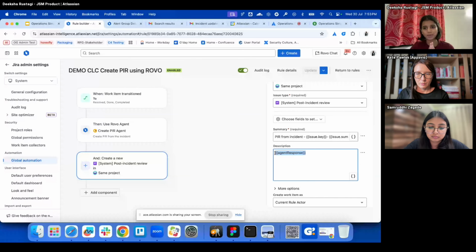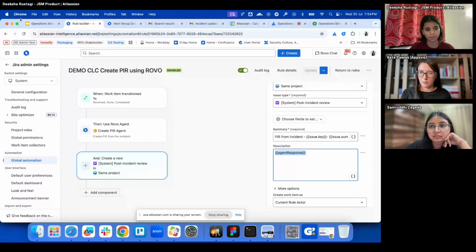In case your organization does not follow this level of due diligence, you can add more filters for only Sev0, Sev1, or Sev2 incidents where PIRs are essential for you. This automation rule ensures that for every incident that has been completed, you're not missing out on the post-incident review. Now, the next section to cover is a new feature that we've introduced in Jira Service Management,